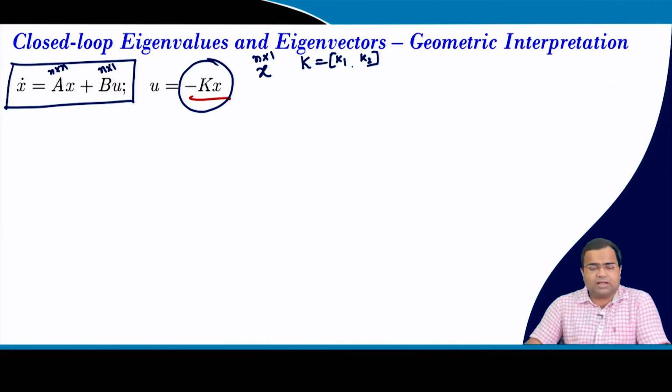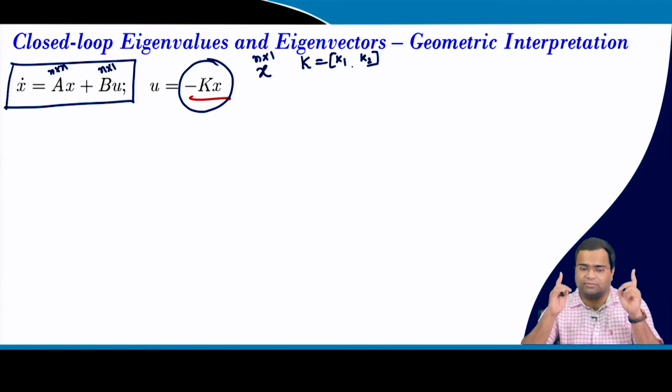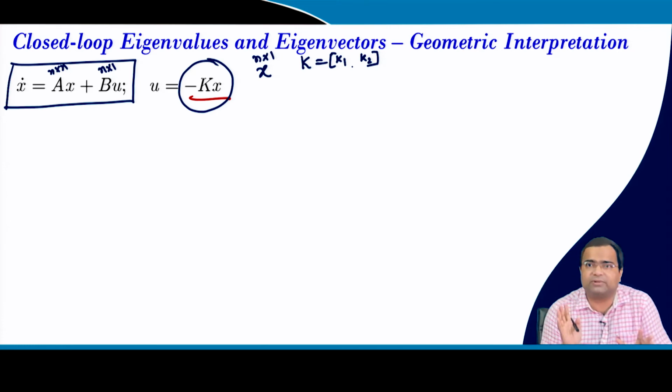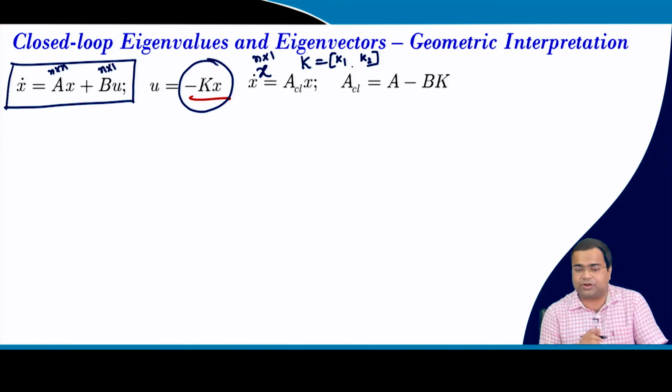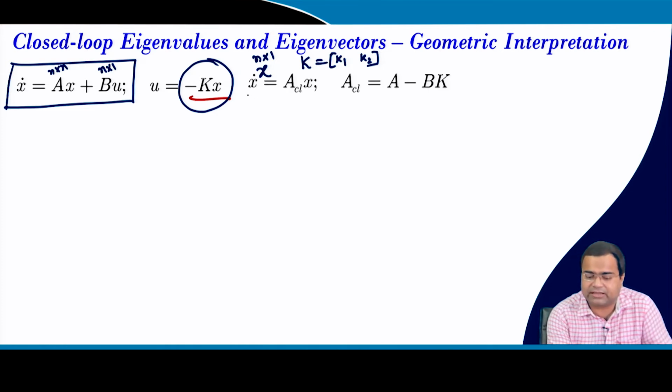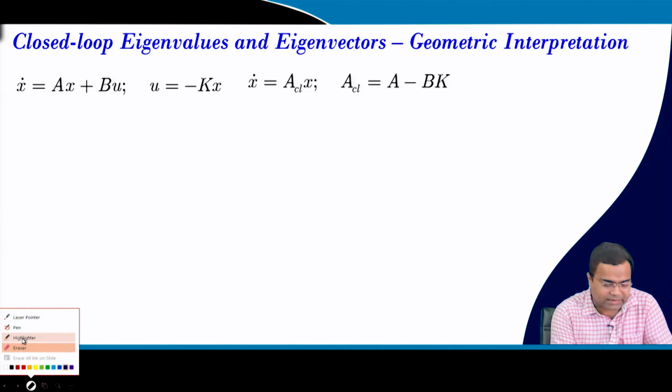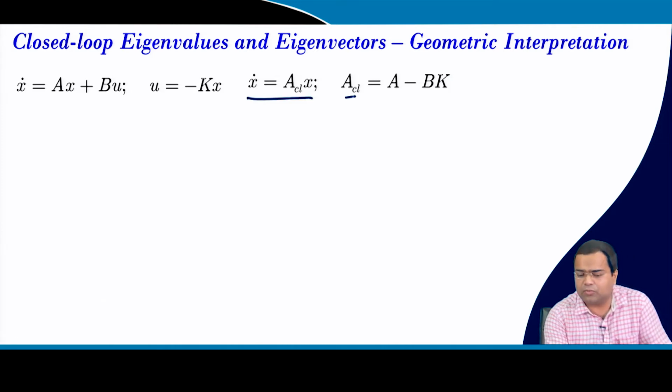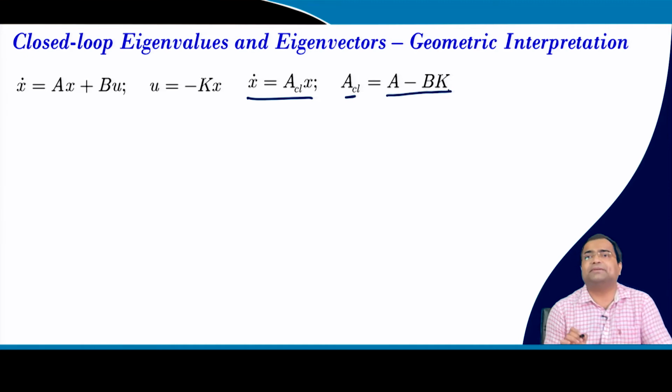Okay. Now, the question is, in order to design this closed loop control, the first thing that we have learned in our linear system theory is that the system must be controllable. So, we are assuming that these concepts are known, and this is already covered in another lecture. So, for a controllable system, we can design a state feedback control, and if we design a state feedback control, then the closed loop dynamics will look something like this. That means this is our closed loop dynamics, where the closed loop matrix will be A minus BK. That means A is your open loop system matrix, B is the input matrix, and K is the gain vector.